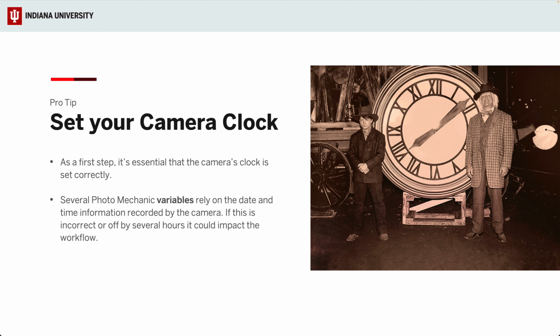Just a public service announcement right off the top. Make sure you set your camera clock. This is something that I constantly, when I've taught photojournalism or worked with interns, this is kind of the number one thing I always hammer home: make sure before you go out on a shoot that your camera clocks are correct. It's very essential, especially with Photo Mechanic, because I'll show some variables later in the demo that rely on the date and time